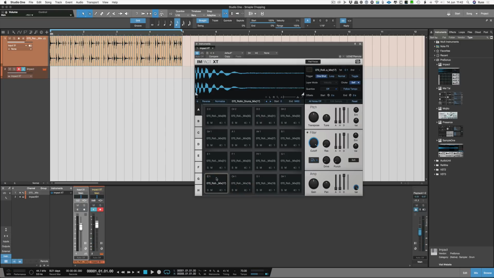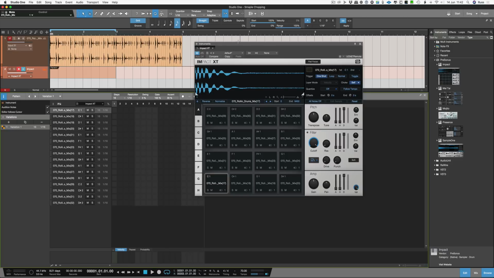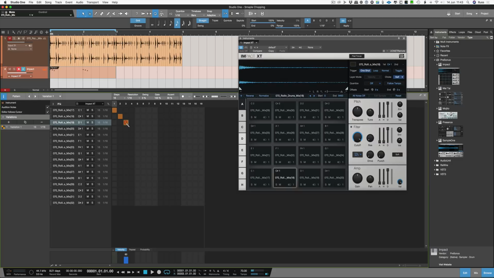Because then the next thing we do is we mute that. And on this track where Impact is showing, I'm going to press Command Shift P to get to the pattern editor up. And I want to make that that long. Now if I then open the pattern editor, if I then draw just a beat onto every pad like that, then what you get is this. And then we keep going. Now we've got